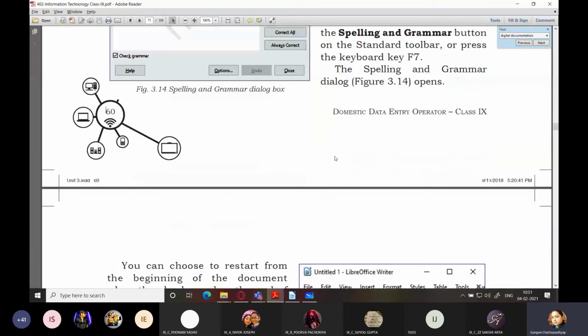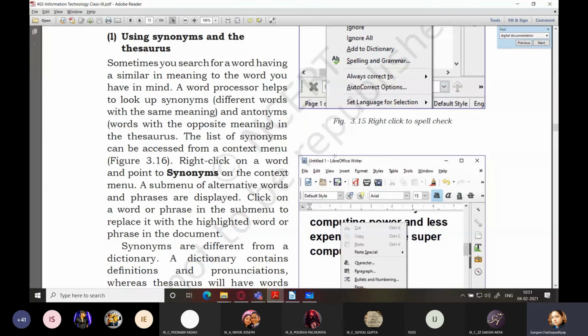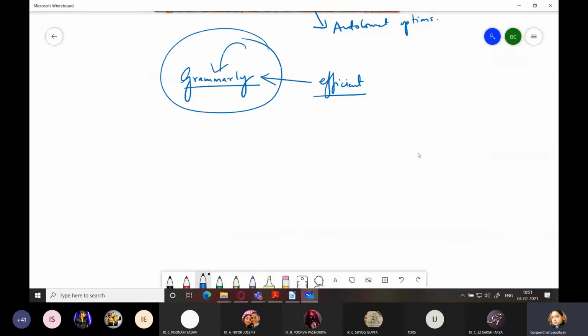Coming to the next one. Using synonyms and thesaurus. Synonyms are what? Sometimes you search for a word having a similar meaning to the word you have in mind. All words with similar meanings, they are known as what?